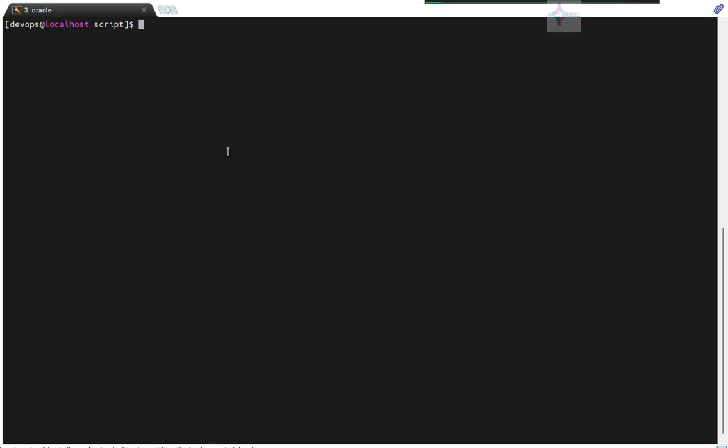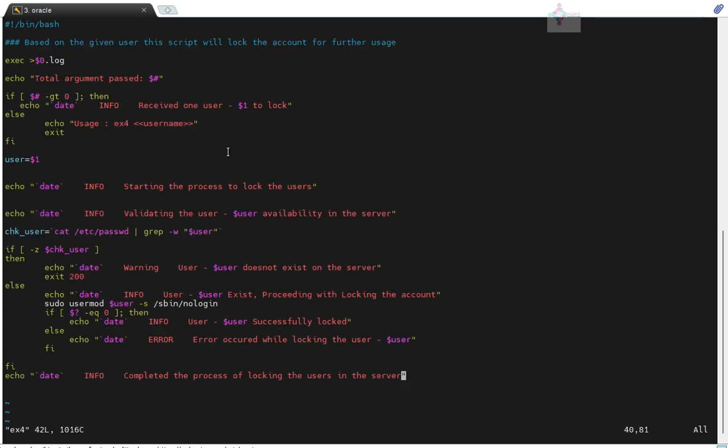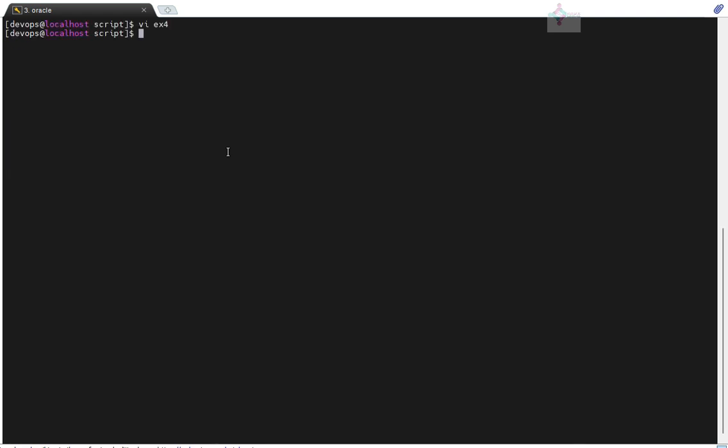Okay, so if you look at our ex4 script, if we look at our vi ex4, you see we are given something like exec greater than 0.log. So what happens here? That's what I mentioned, right? Whenever we execute, let me try to execute and show you this. So ex4 Oracle. When you give a greater than symbol and a log file name,